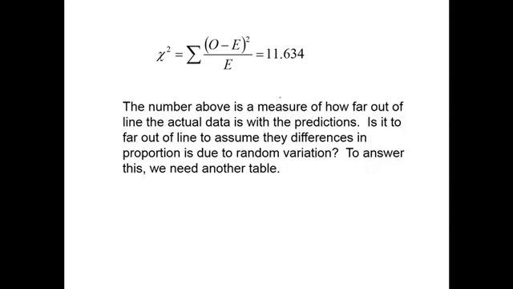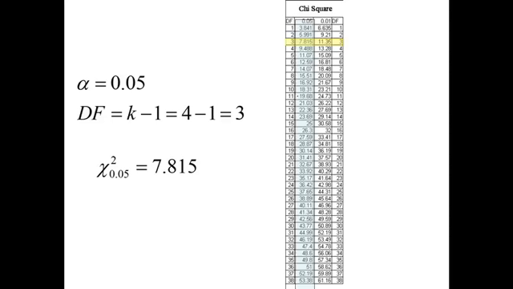Okay, the number above measures how out of line the data is with predictions. To answer whether it's too far out of line, we need another table. This is the chi-square table. We'll do alpha with